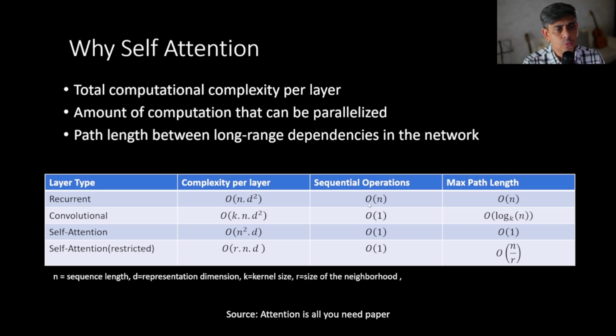When you go to the last one, which is the maximum path length, you remember what the path is. Path means, without crossing any layer, any weights and biases, how can I directly do the calculation of the attention? When you are doing a recurrent neural network, as we know, we are passing through layers, so we are crossing more weights and biases, correct? From one word to another word we are constantly moving,